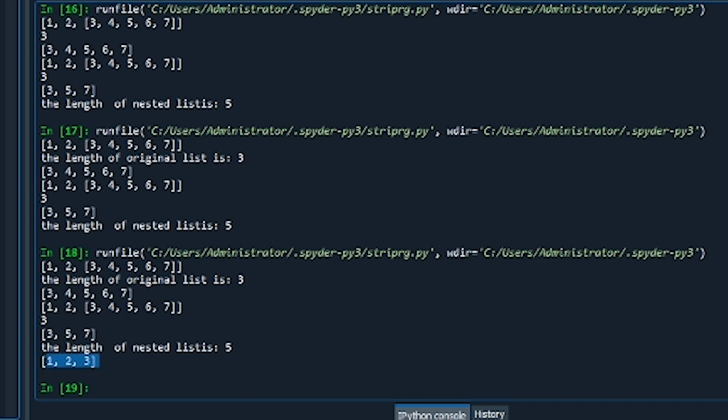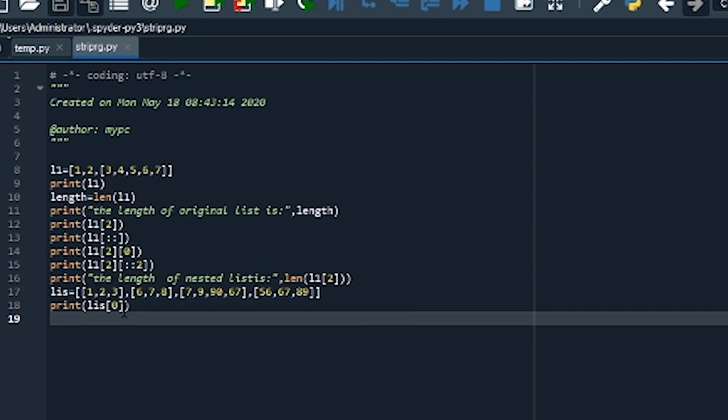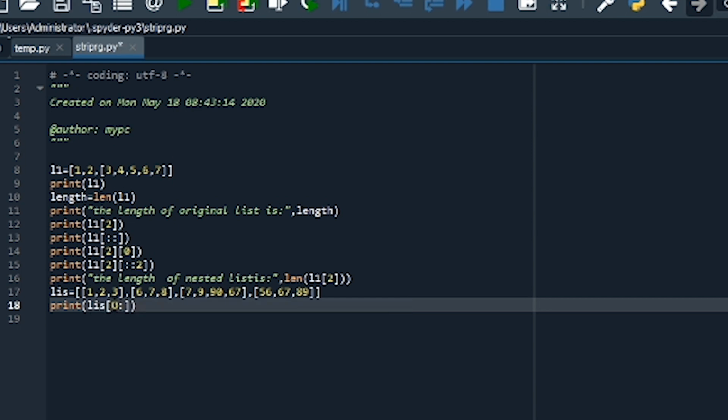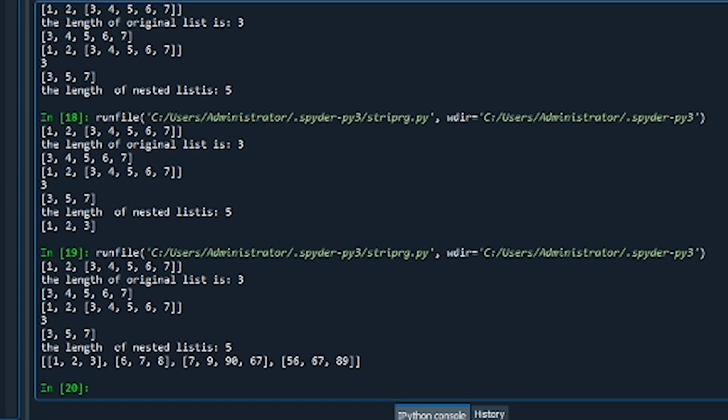What is 1, 2, 3? That is the first element of the list. So if I make it 0, first element, then the fourth, what comes? Here you see all the lists are coming, first one, second one, third one and fourth one.